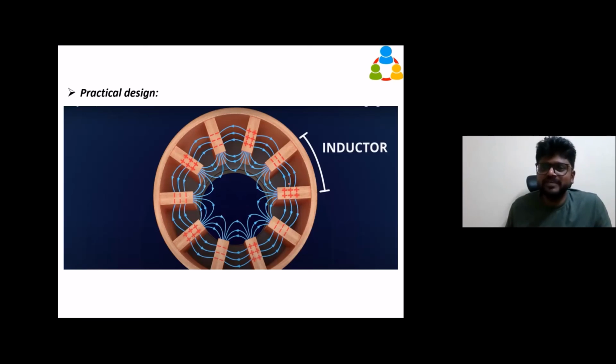So the cavities will always be in even numbers, multiples of 2. 1, 2, 3, 4, 5, 6, 7, 8, 9, 10. So here 5 pairs are there, right? Each pair is connected to these curved surfaces. We can call this an inductor. As we have seen in the LC circuit, this will act like an LC circuit for us now. It will ensure the oscillation of charges. The charge is going to oscillate between these cavity surfaces. When it is oscillating, it's storing in the magnetic field, and again it's driving the current back and forth. But this is going to damp. As we have seen in the previous case, the oscillation won't sustain, it's going to damp.